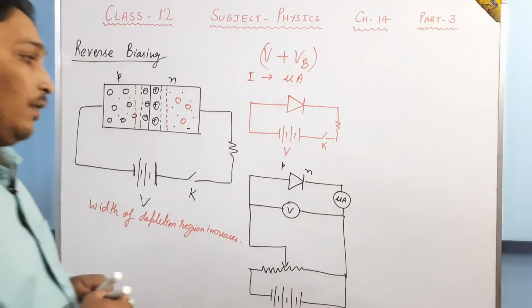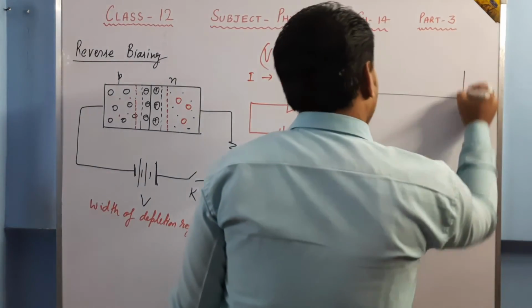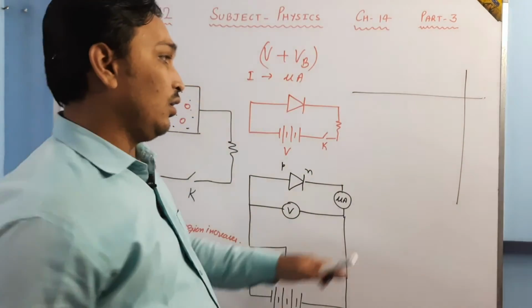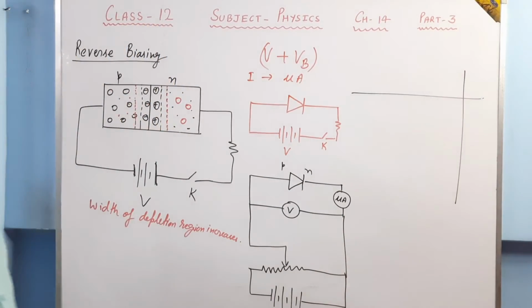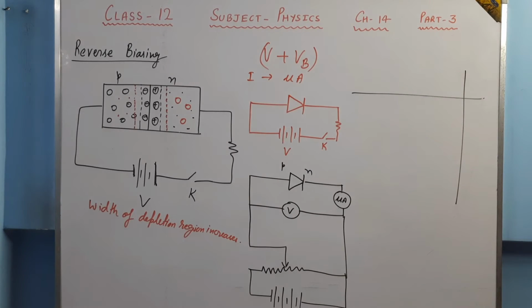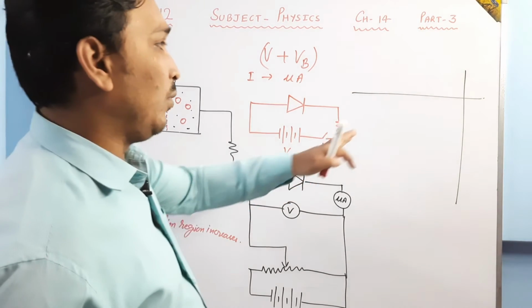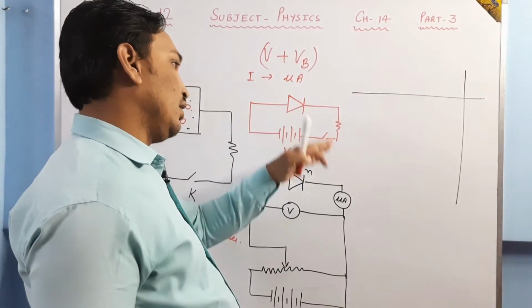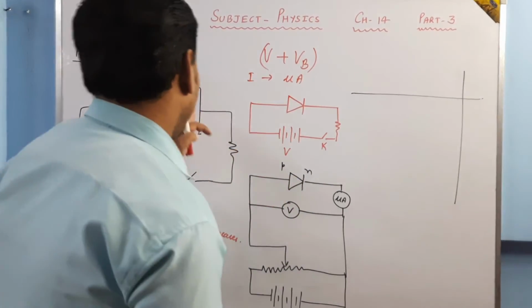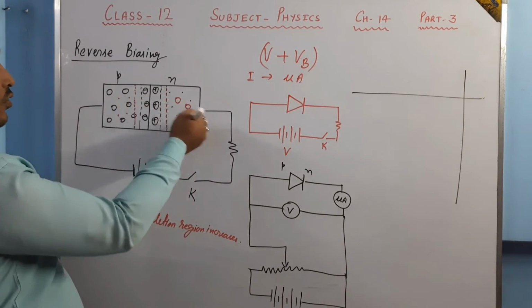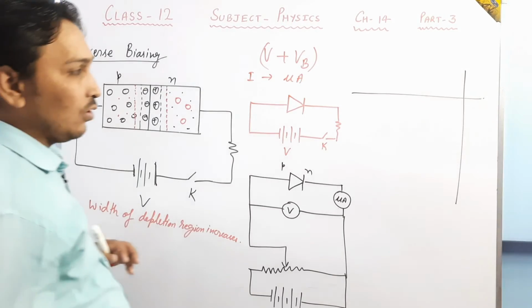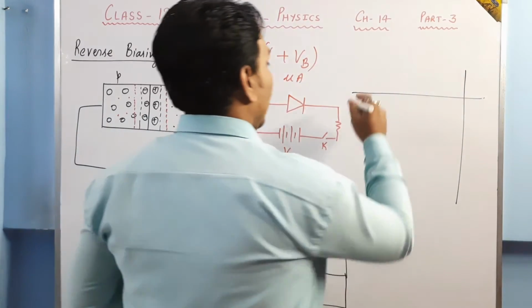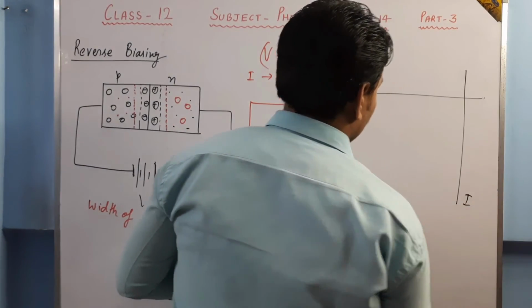And from here, if we note down, the reverse bias characteristics are drawn in the third quadrant, okay. Reverse biasing characteristics are drawn in the third quadrant, because here the applied V is negative and current is also flowing from the N side to P side. Electrons are flowing from N side to P side, so current flows from P side to N side. So current is also negative, voltage is also negative, and that's why we draw it in the third quadrant.